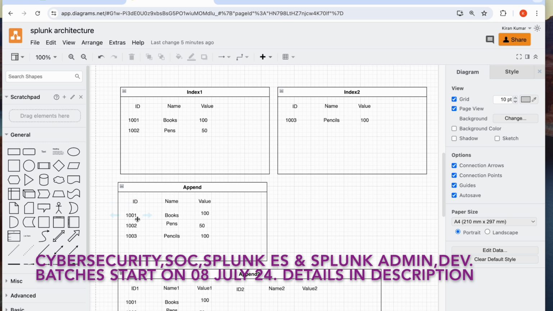So all the three records we will be having in the same table, right? This is the actual use case of append. So this is the usefulness of append. If we have similar values in two different tables or in two different indexes, we can always use append and we can always get them into the same table, right? That is the use of append in Splunk. So we'll be getting these different values into the same table whenever the particular field names